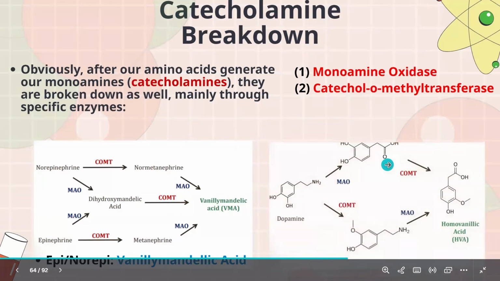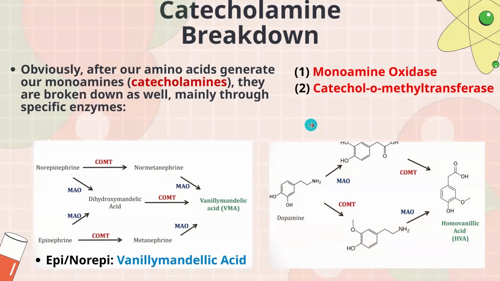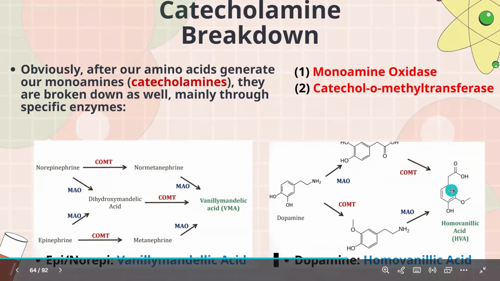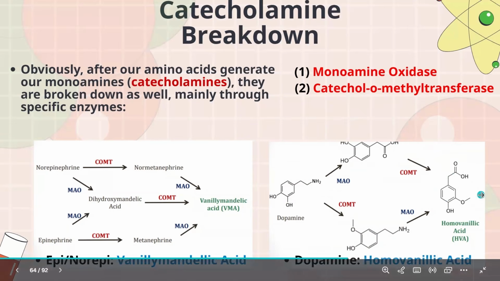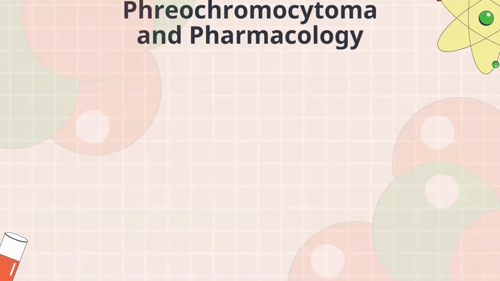Okay, so yeah. The second catecholamine breakdown that we can talk about is dopamine. For starters, dopamine is also converted by monoamine oxidase and catechol-O-methyltransferase and forms something called homovanillic acid. So yeah, its breakdown eventually gives homovanillic acid. Now, what's special about this is that